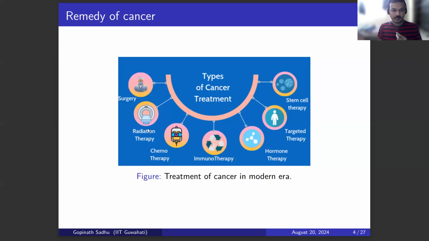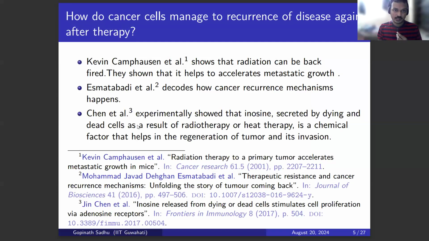But despite having all such world-class medical facilities, cancer can recur even after therapy. So now the question naturally comes to our mind: how does a cancer cell manage to recur the disease again after therapy? Since our work emphasizes how cancer recurrence occurs after the heat and radiation therapy,